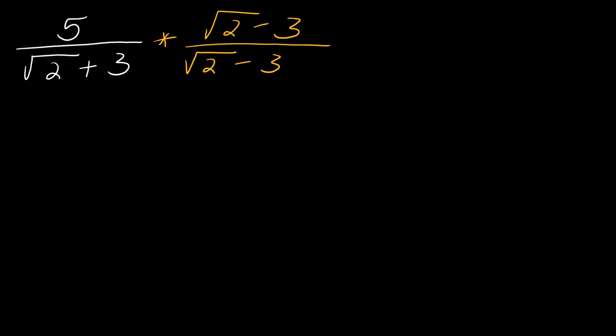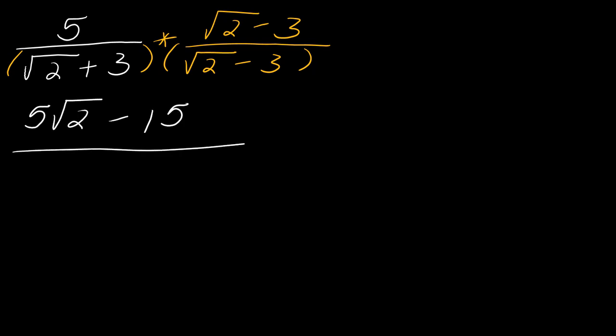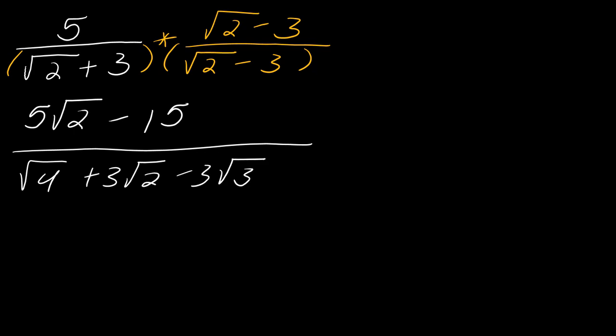So the thing with this now is that I am going to have to FOIL all this stuff out. So we need to be able to multiply our radicals pretty well for this. So this is going to equal 5 times the square root of 2 minus 15 on top. And then let's work out the bottom. So this is going to be the square root of 4 plus 3 times the square root of 2 minus 3 times the square root of 2